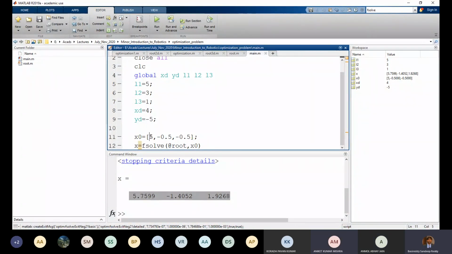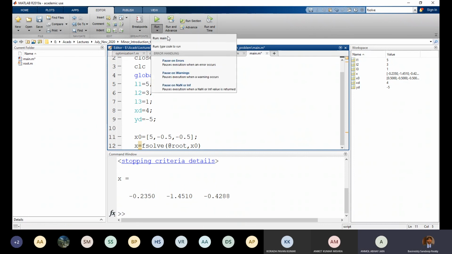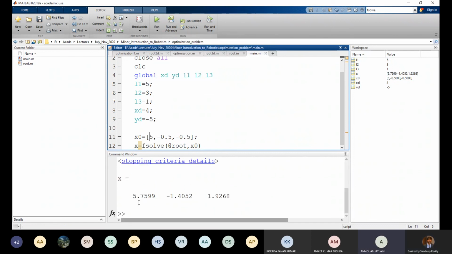Suppose I put 0.5 here, the answer was minus 0.2. If I put 5.7... Right, depending upon your initial guess, yes, you can have multiple answers.